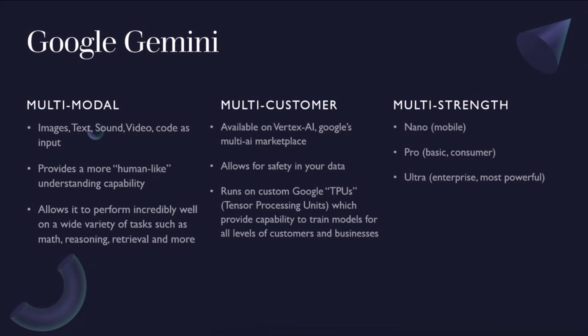And they allow for safety in your data. What do I mean by that? One of the biggest problems early on was that people didn't understand that when they were putting their own data into AI, some AIs were using that to train themselves, right? And very famously, some engineers from Samsung put in some of their code, which was proprietary, and that ended up in the learning data of the AI that they were using, which someone else saw, and they were able to use that code, and people were fired out of cannons into suns.